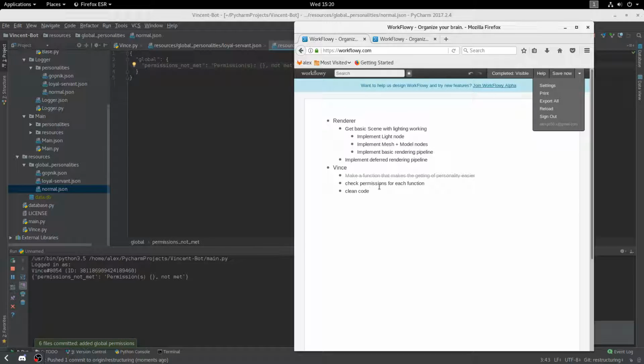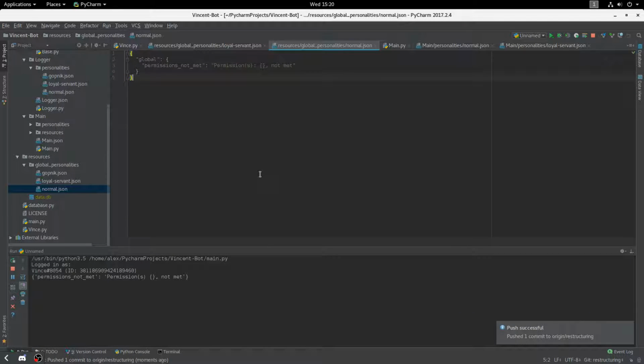Alright. I've managed to do these 2 goals, which is awesome. And the bot is working perfectly. I should give me back my admin role in my server. I did it. Alright, so